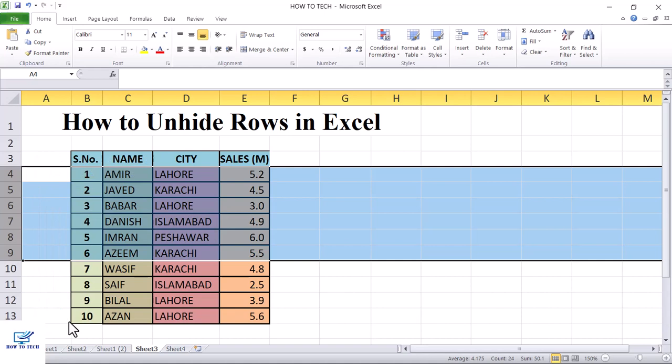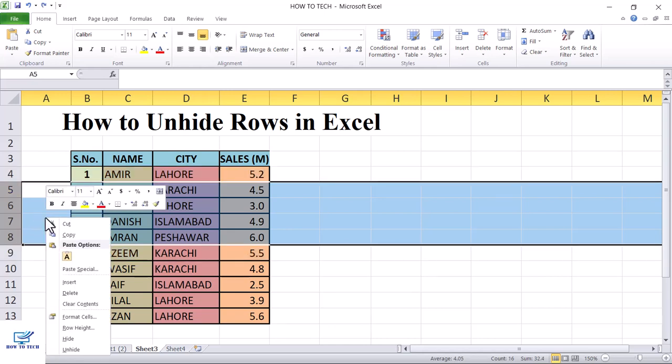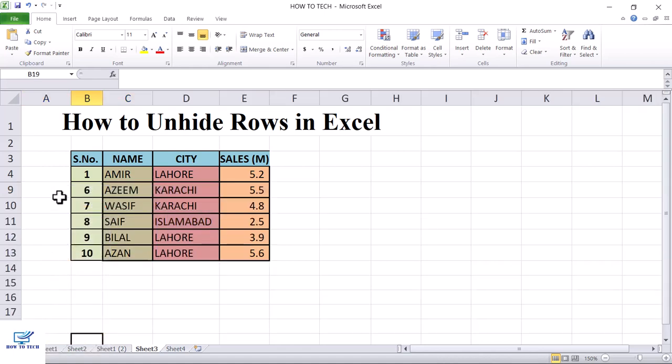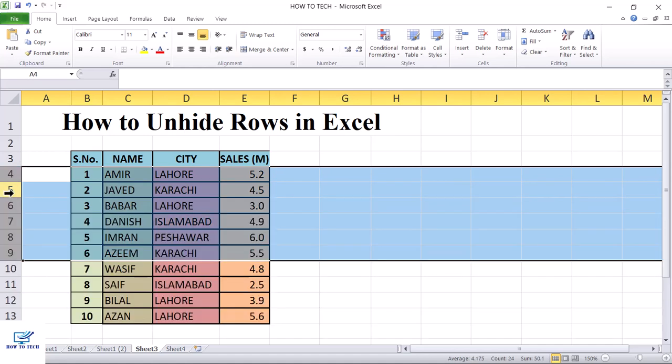And there is also a shortcut to unhide, as first we will hide these. First select the rows and hide them, and again select above and below of the hidden rows and then press Ctrl Shift 9 and you can see the rows are unhide. So this is how you can